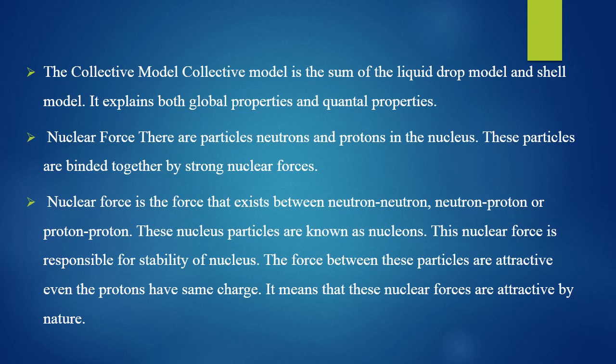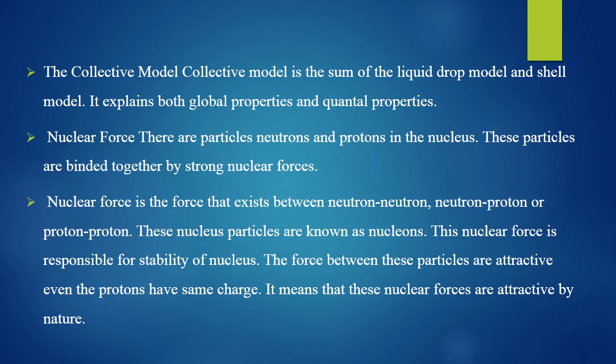And the final one is the collective model. The collective model is the combination of both the liquid drop model and the shell model. It explains both the macroscopic and the microscopic properties which came from the liquid drop model and the shell model. There are neutrons and protons in the nucleus. These particles are bound together by a strong nuclear force. The ideas of both the shell model and the liquid drop model are collectively